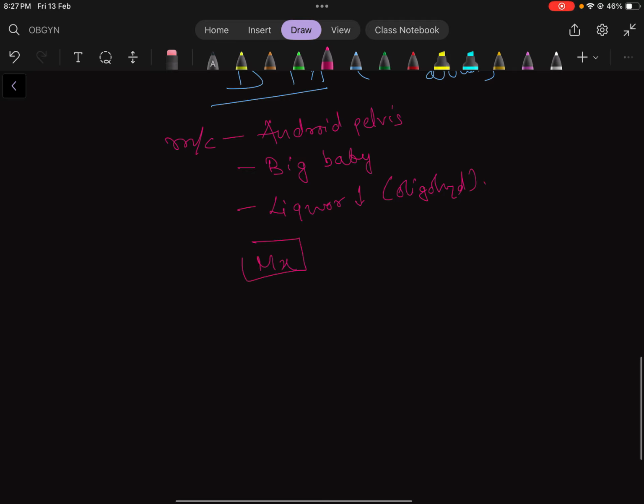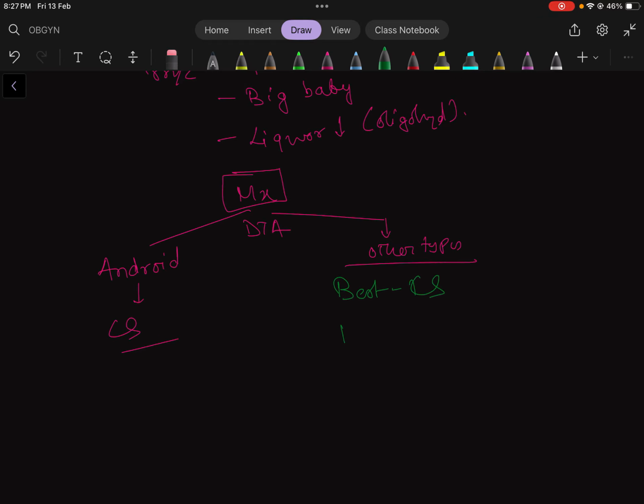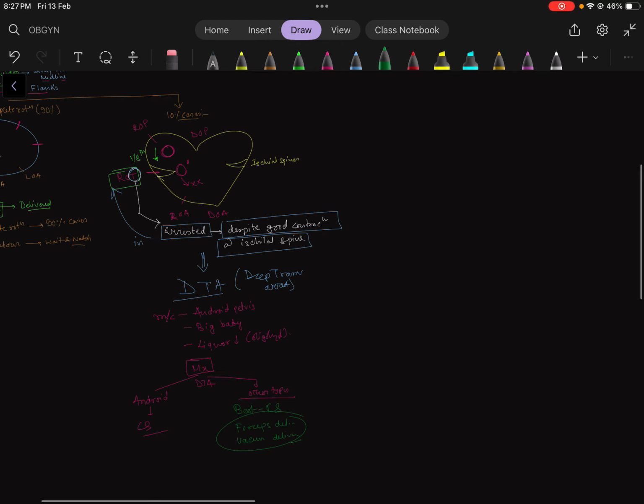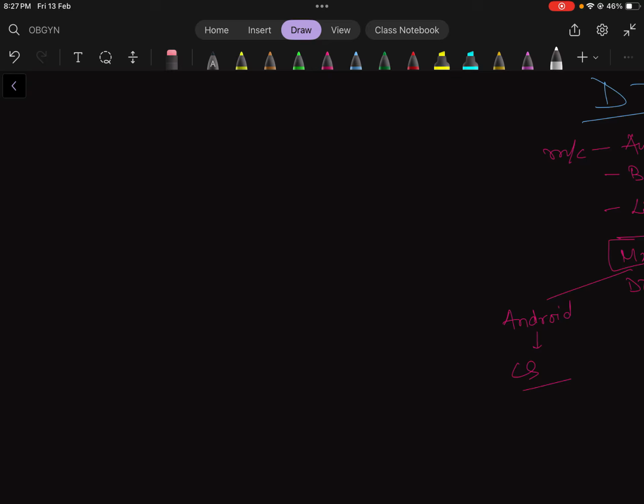The management is quite simple actually, that if DTA occurs in an android type of pelvis like we discussed, we have to go for cesarean section. If it happens in other types, the best solution is still to go for a cesarean section, but we can also go for forceps delivery or vacuum delivery. This is DTA. Now another thing which can happen regarding the rotation is that if this is the